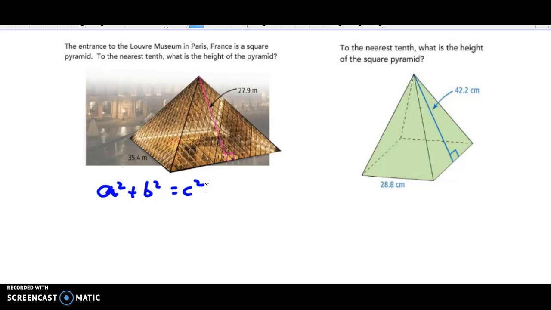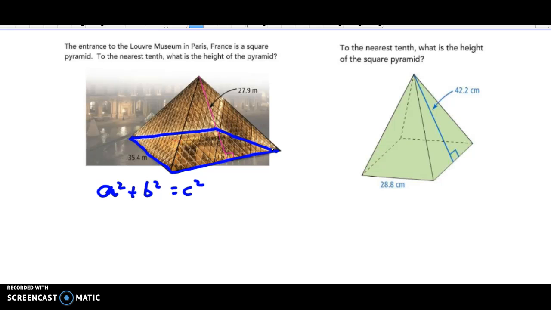The trick is this time, if I'm looking at this pyramid here, then I'm going to have to think a little more critically to figure out my A, B, and C values. So this is the entrance to the Louvre Museum in Paris, France, and it's a square pyramid. So obviously it has triangular faces here on the outside, but it's a square pyramid because of the square base. So if it's a square base and this side length is labeled 35.4 meters, we know that every side is 35.4 meters